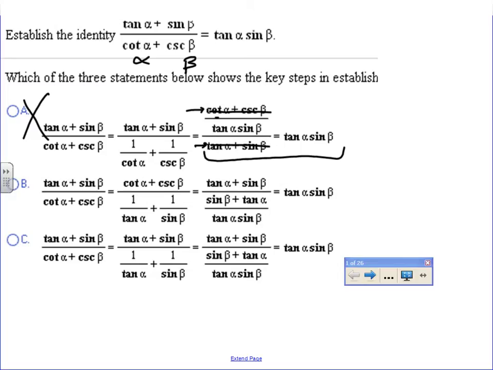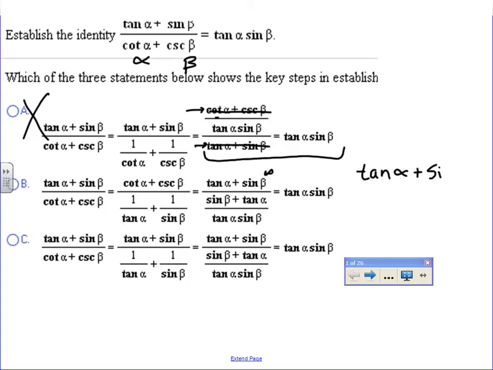Now in this case, we've got something here. All right, in this case, we've got tangent alpha sine beta there just the same. And so basically they're saying that this would sort of go away, and then that would actually work. Okay, so let me give you a little explanation behind that. And so what I'm going to do is make it look more like a complex fraction by taking this and writing it over 1. So I would have tangent alpha